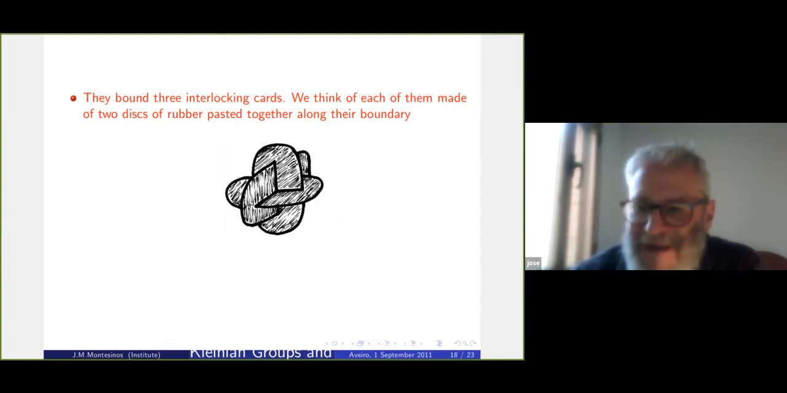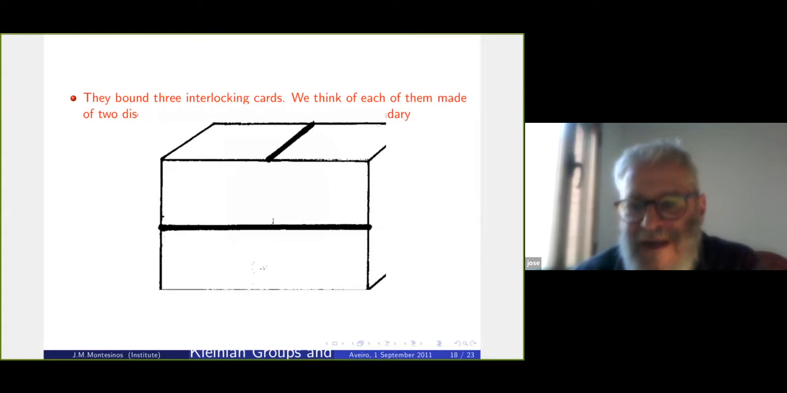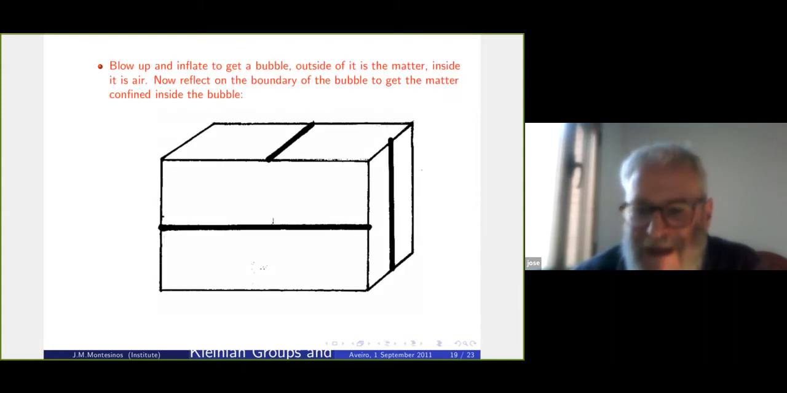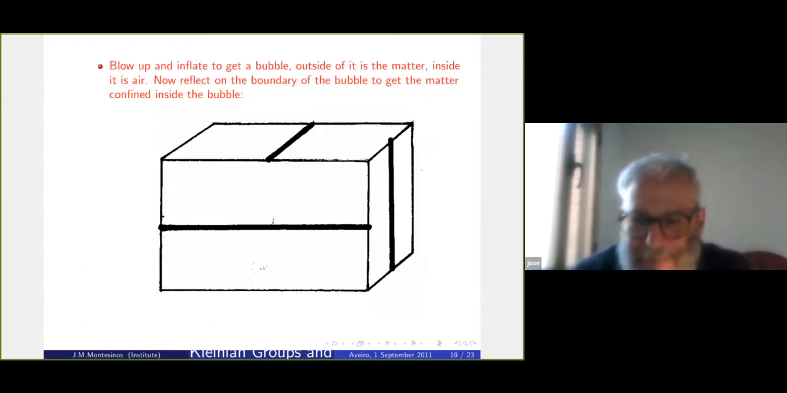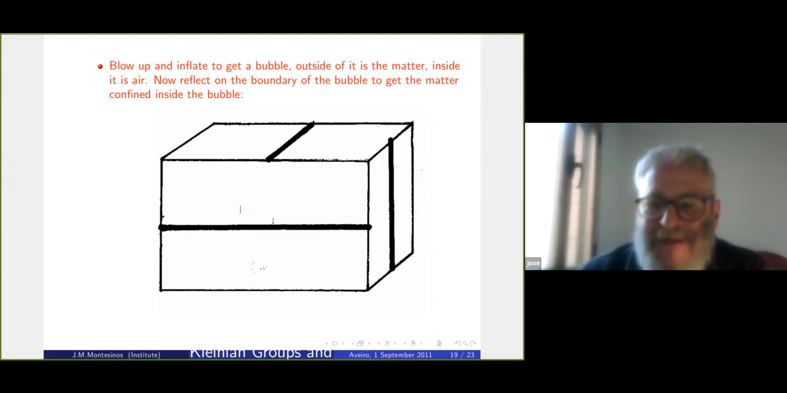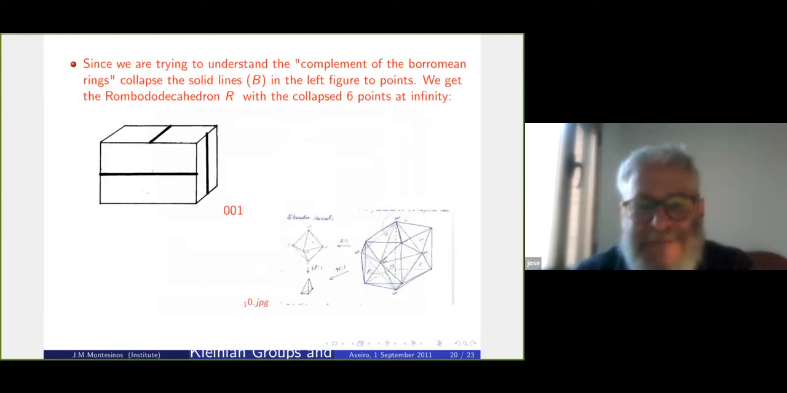it inflates, and the point in the center produces the 8 vertices that you see there, and these gross lines correspond to the Borromean rings. You need some sort of imagination to realize that this is true. And then you see here that